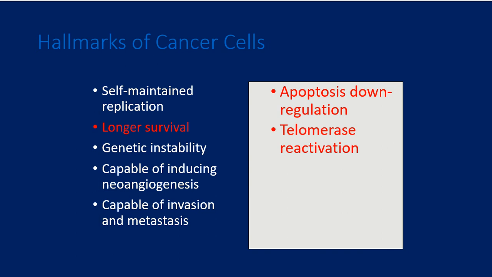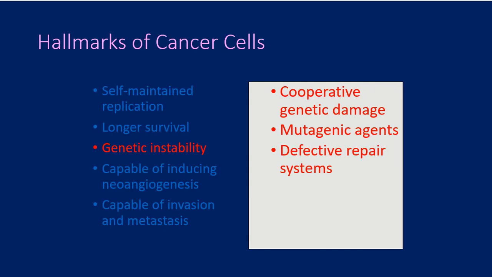The third property of cancer cells that is very important is genetic instability. At the end of the day, that is the root of all evil in the case of cancer cells. That is the reason why a cancer cell became a cancer cell to begin with, from a perfectly normal growing cell. Genetic instability comes from the accumulation of mutations over time that lead to various pathways and various important checkpoint proteins getting mutated, thus leading to